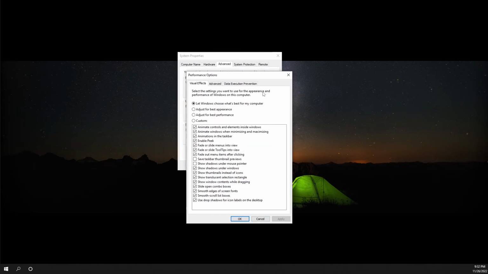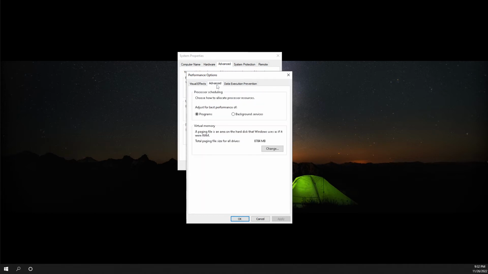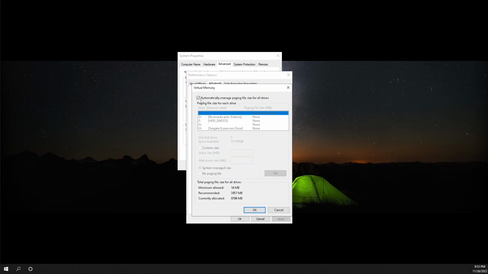In settings, click here on adjust for best performance, and here I leave this option checked. Click on apply, just wait a little bit, and it's done. Now click on advanced, and here you need to click on change, uncheck this box, click on